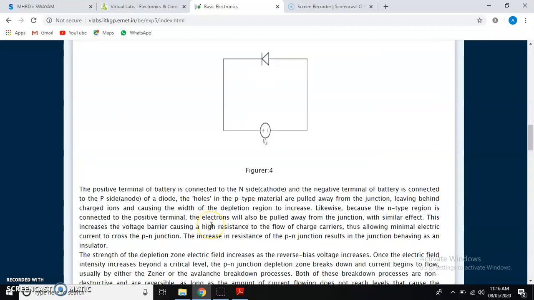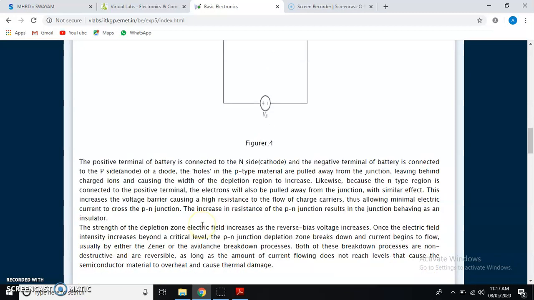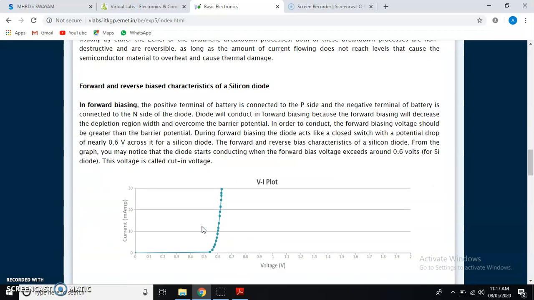At the equilibrium state, there always exists a barrier potential, or a space charge region, near the PN junction. To nullify that in the forward biased mode, the externally applied voltage should be sufficiently greater than the barrier voltage. And once the diode comes into operation in the forward biased mode, it is as good as a battery, which will have a voltage that depends upon what type of diode we have selected, silicon or germanium, and the specification in the data sheet of the diode. So the entire operation is specified here.